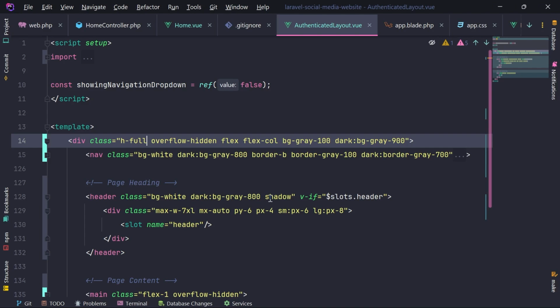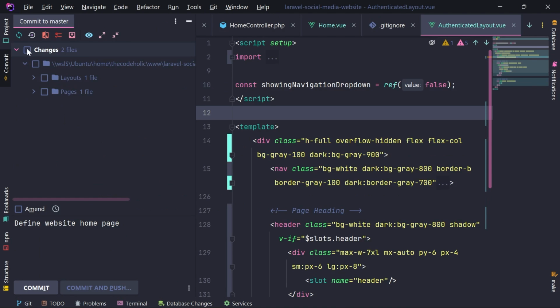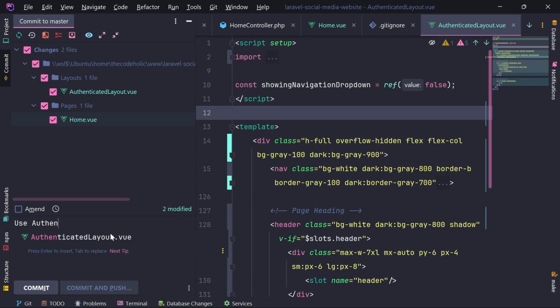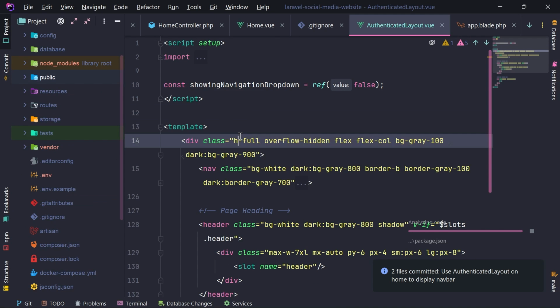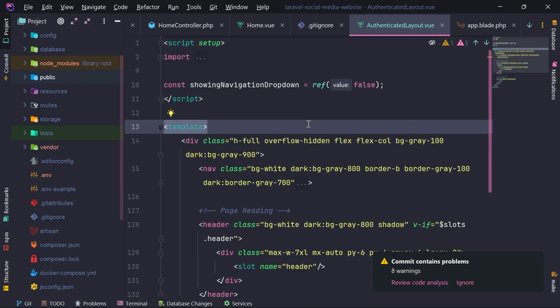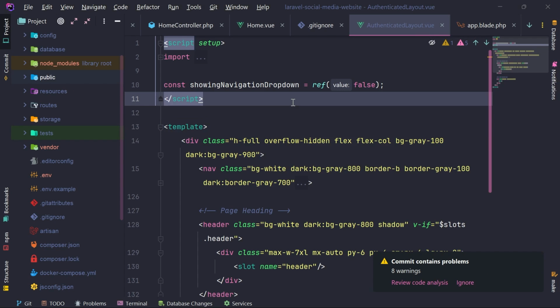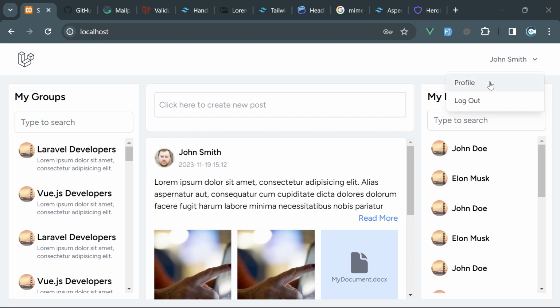Now let's commit this navbar addition. So we modified the authenticated layout and we use that in the home page. Use authenticated layout on home page to display navbar. Okay, that's good. Now let's start working on the user profile page, because this profile page is right now only